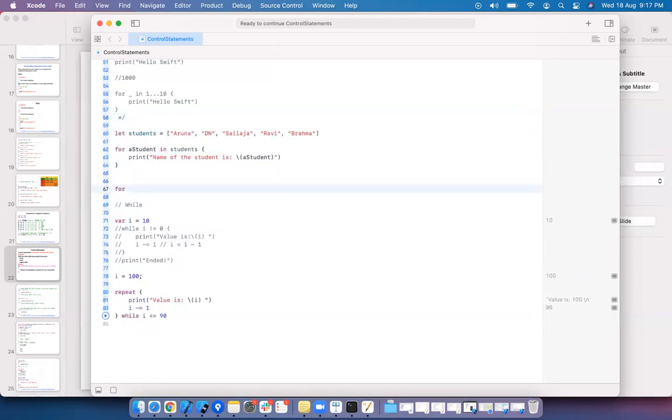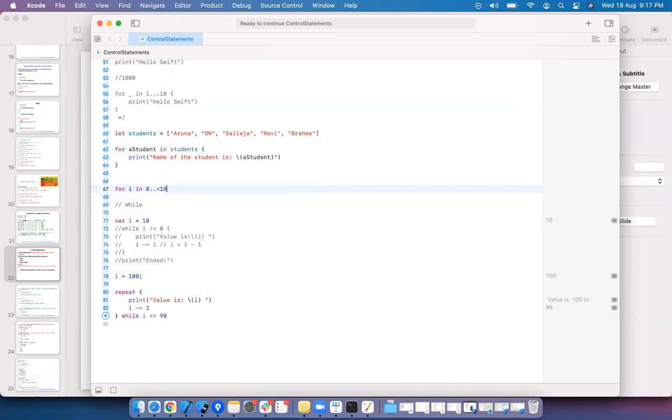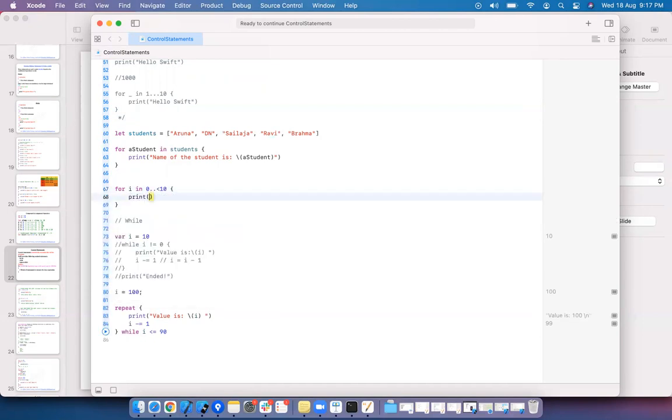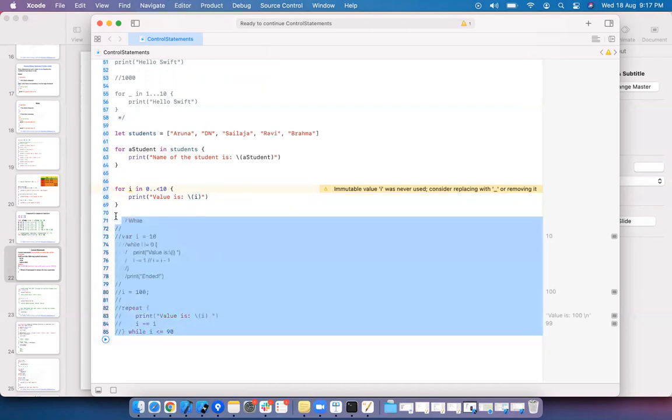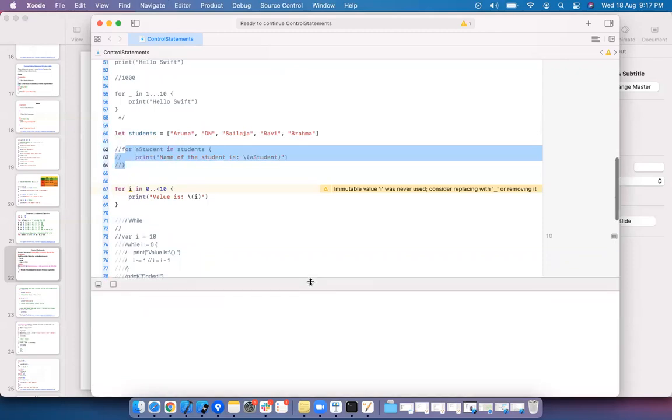Let me write another for loop: for I in 0 to 10, value is I. See the difference here. Then comment the rest of the stuff. Given this, let's see the result.